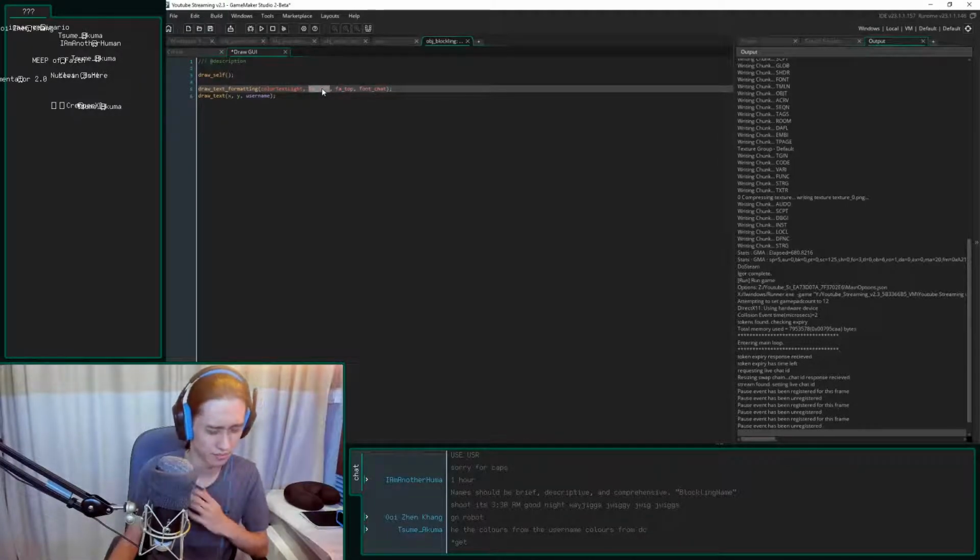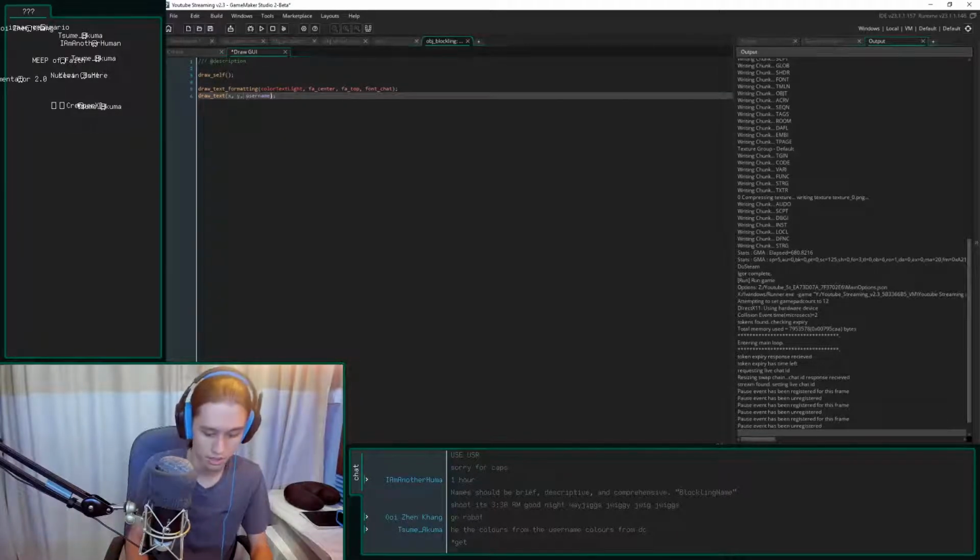Oh my goodness. Excuse me. Bar center, so center, top, font chat, draws the username at X, let's say Y minus 16, something like that. So it's going to be drawing itself, all of that good stuff.